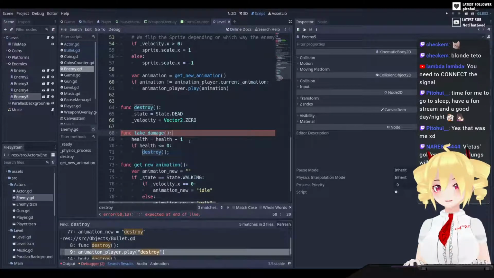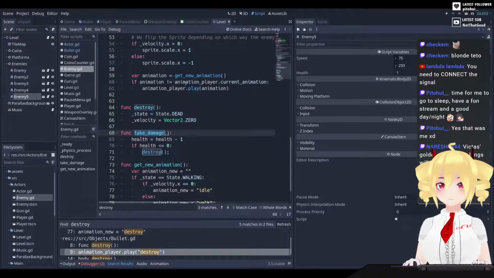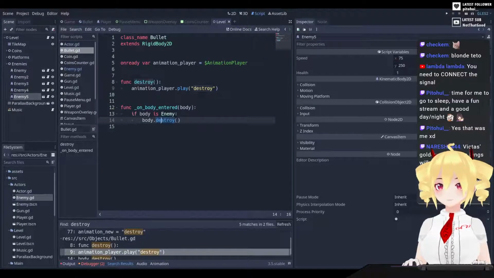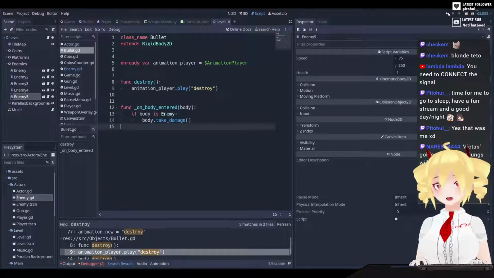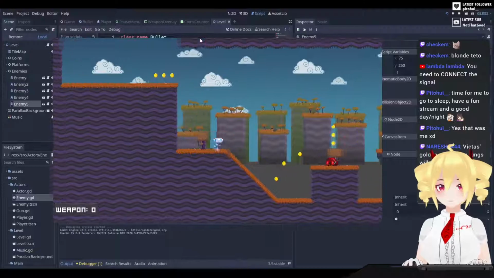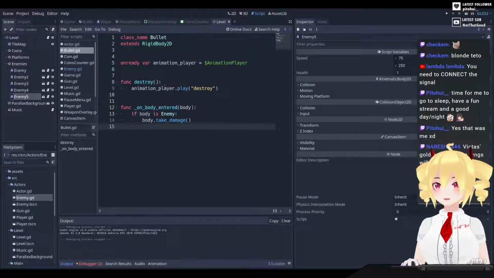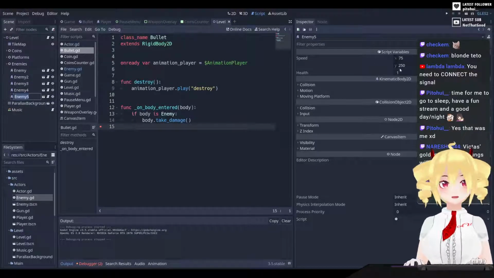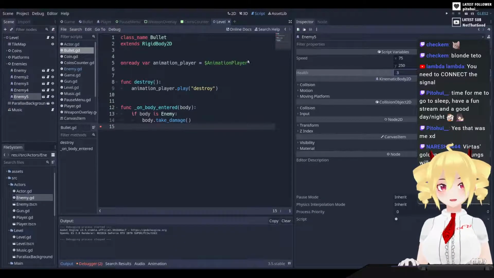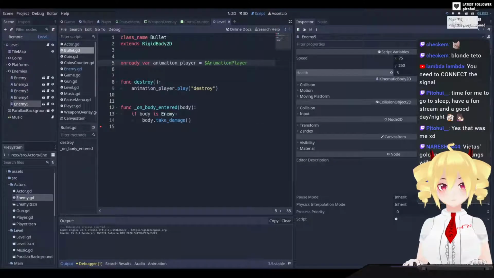We gotta have these colons. Alright, then back in bullet, call take damage. Alright, so let's make sure it still works. Alright, so it still works. And then what we're gonna do is take enemy and set his health. Let's put it at like 3. So enemy 5 is the one we just added. So now it should take,